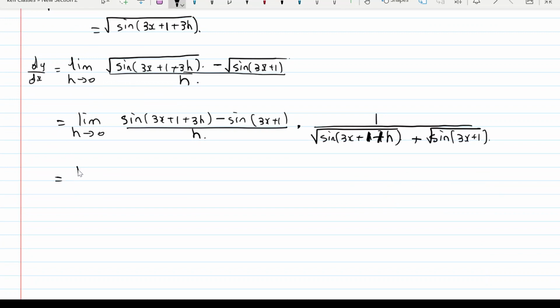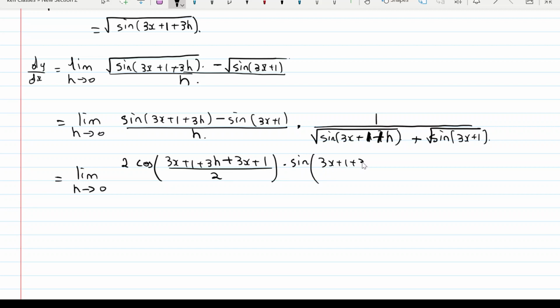So this is equal to limit as h tends to 0, and now we'll use sine minus sine. Sine c minus sine d is cos sine. Sine plus sine is sine cos. Sine minus sine is cos sine. So it is 2 times cos of (3x plus 1 plus 3h plus 3x plus 1) divided by 2, into sine of (3x plus 1 plus 3h minus 3x minus 1) upon 2